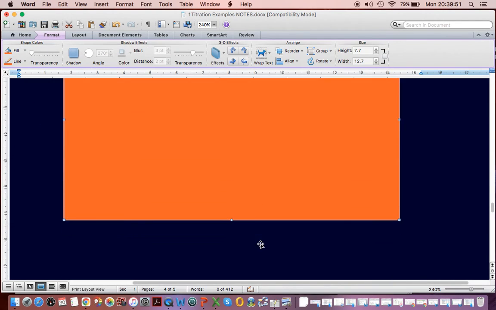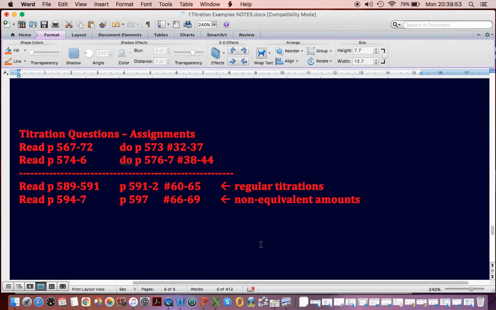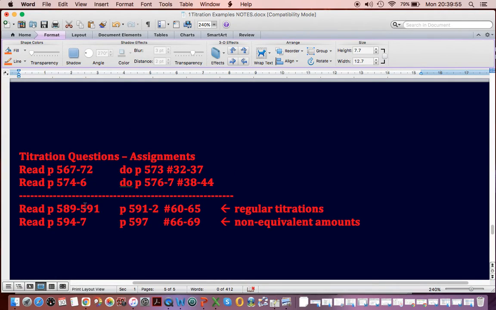So, we have 2 sets of questions for you from the textbook. It talks about reading certain pages and doing questions. And what they're talking about is, hey, 60 to 65, those are regular titrations, the kind you're used to, very straightforward. And the non-equivalent amounts are on page 597. So these are questions that I will post on the deadlines to let you know when they're officially assigned and when they're due. But these are some of our more complicated notes when it